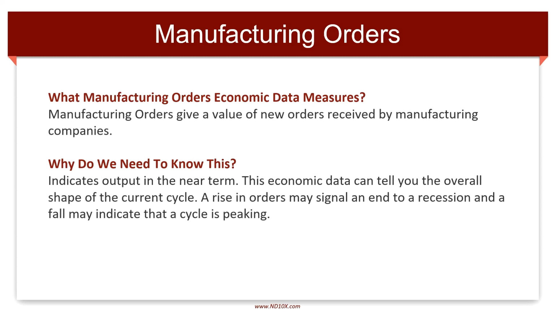The economic data can tell you the overall shape of the current cycle. A rise in orders may signal an end to a recession, and a fall may indicate that the cycle is peaking. So if we see that manufacturing orders are rising, we can say this country looks good because they are working better and better every month. While if we see bad data coming from manufacturing orders, or worse, some really disappointing data, definitely that would be a sign of a potential recession,